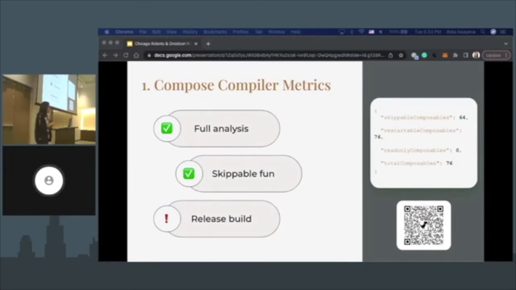Also, my colleague, Chris Baines, wrote a great article about Compose Compiler Metrics. I added it in a list as well in the resources, so you can check out how to use Compose Compiler Metrics. And the QR code is for how to follow and add it to your Gradle. So although Compose Compiler Metrics gives you a full analysis, and it can tell you exactly where a problematic composable function is happening, with some details,